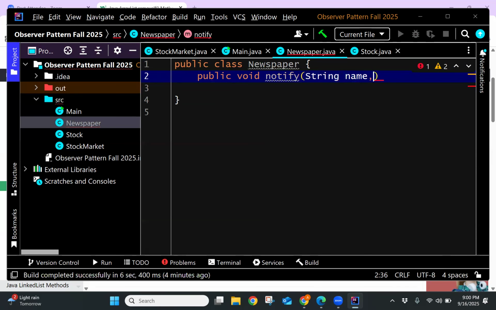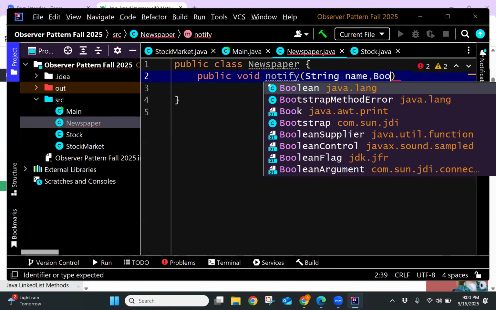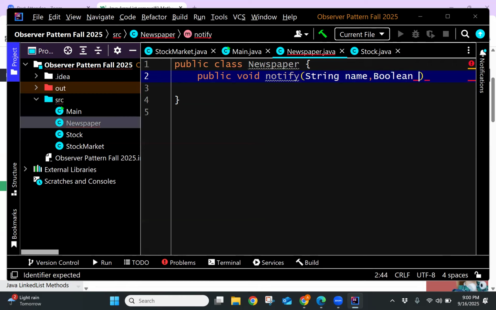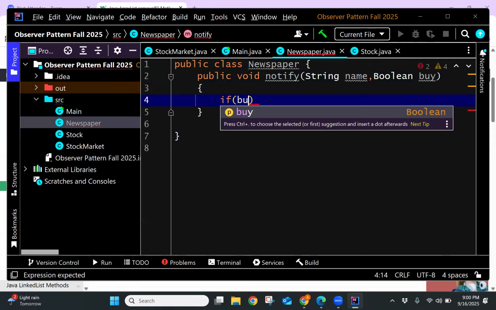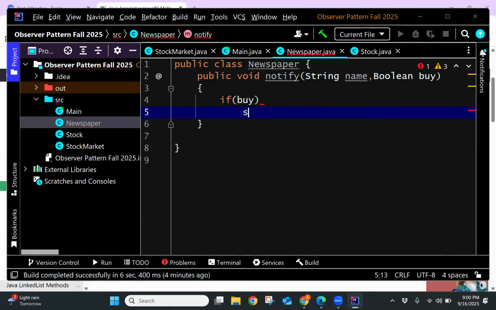And then we need a Boolean, which is going to be buy. So if it's true, we're buying. If it's false, we're selling. So if buy, then